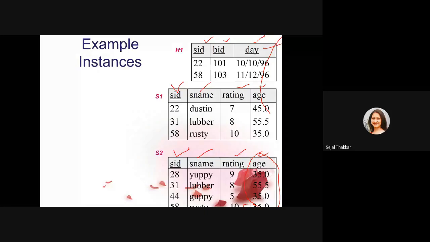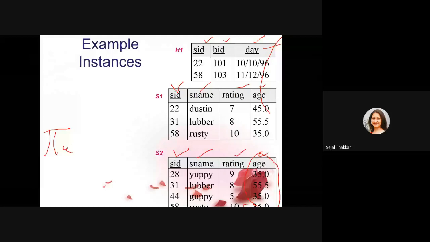So every time there is no requirement of calling the whole table, right? In whatever columns you are interested, you can select only those columns. So for selection of columns you need a projection operation. What is the symbol of this operator? Suppose I want to select only the age column, so I have to write pi age.